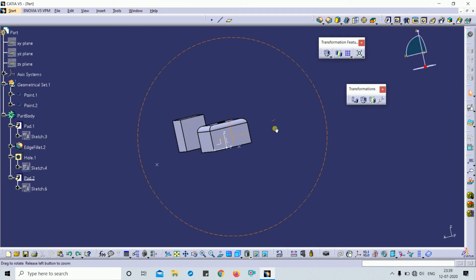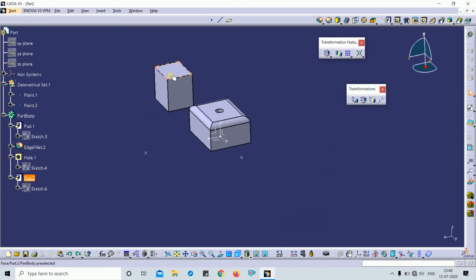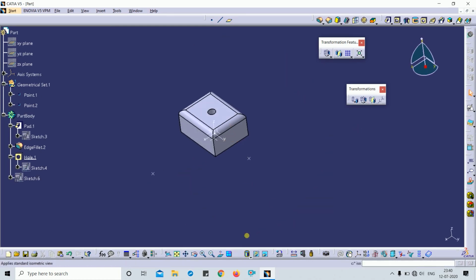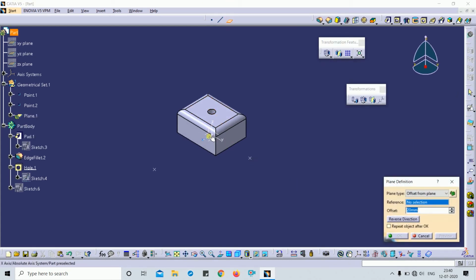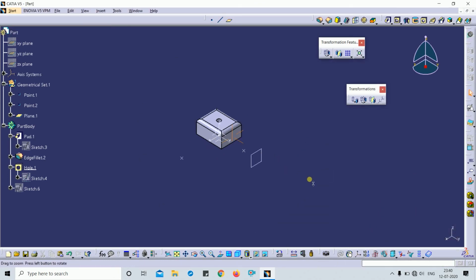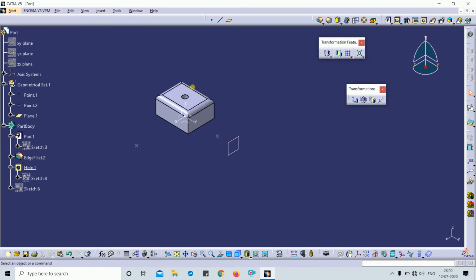The next command is symmetry. In symmetry, I simply take a reference from the axis at a distance of 150 mm. I want to move this body with reference to that plane.